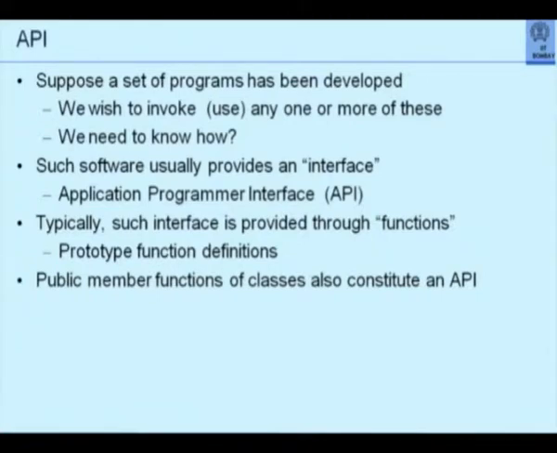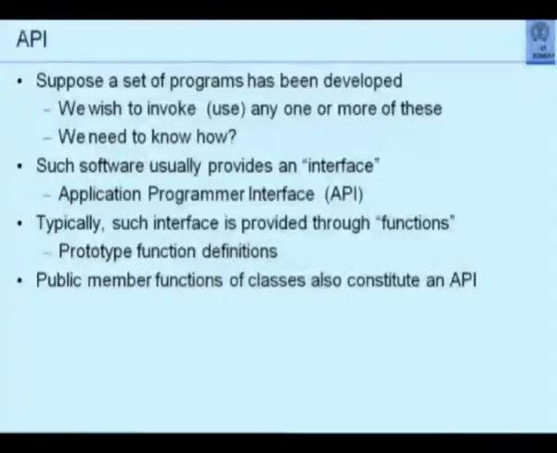EZ Window happens to be a package which has taken this API to heart. What they have done is, they have usurped the int main routine. Int main routine, when you use EZ Windows, cannot be written by you. They say we write it. Instead, they say you have to write a program called API main and link that with my library which contains the main program. So that is a peculiarity. It is normally not so.